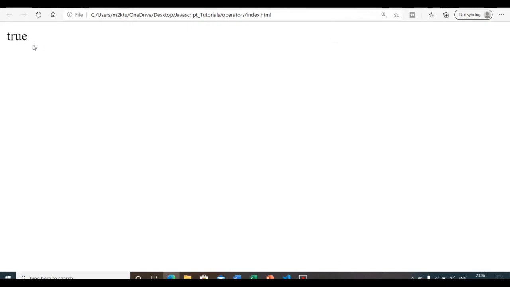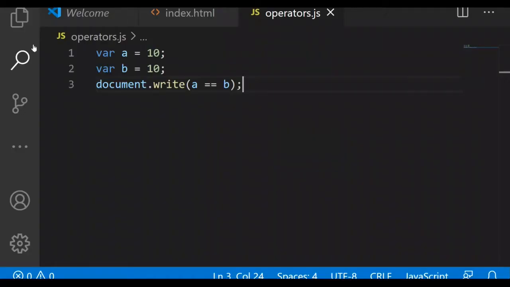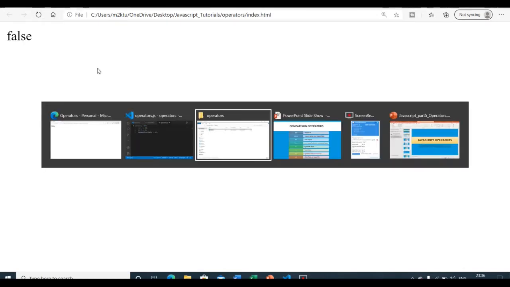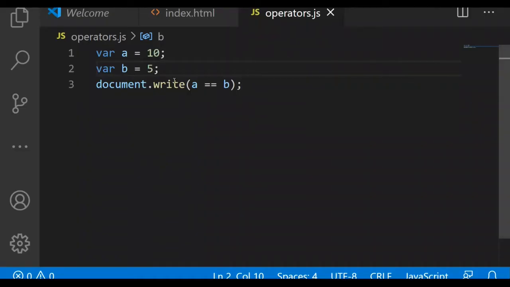This operator tries to convert operands to the same type. Let me give you one example of what I am trying to convey. In our previous example, let's convert the value of b from a number to a string.